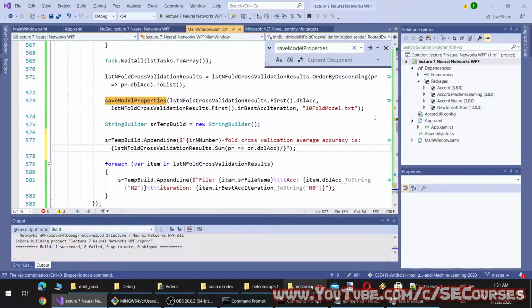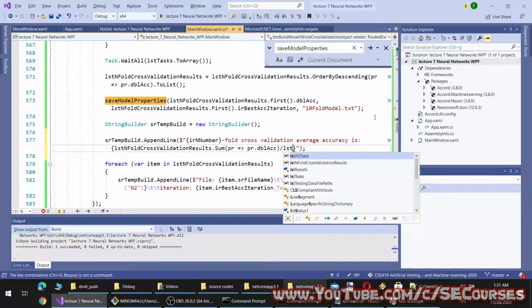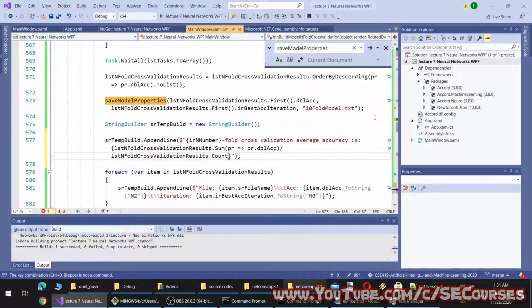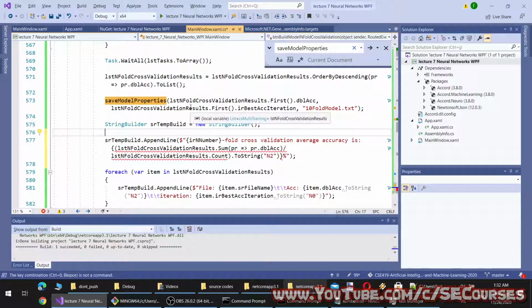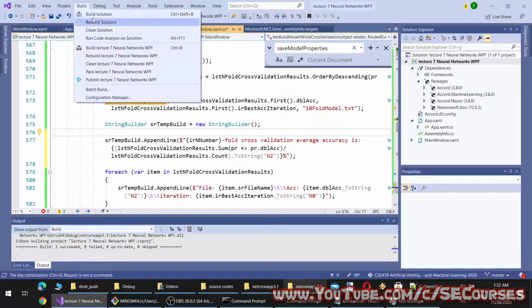And then I will split this by count. Yes, this should work. And then I will use some formatting. Okay, let's build it.